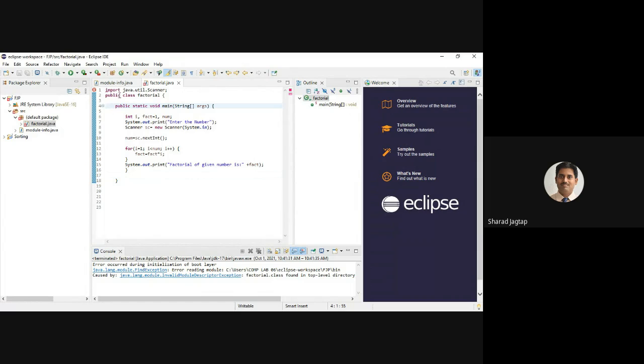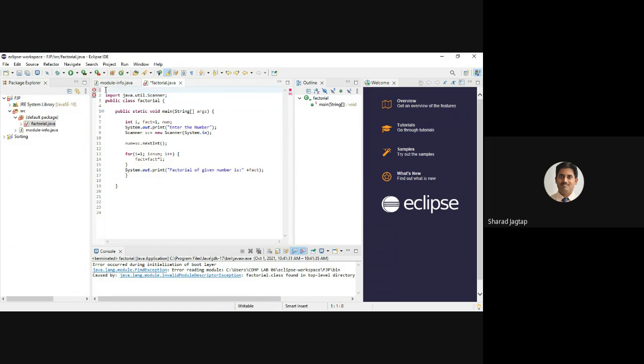So import java.util.Scanner that we have defined. Check whether there is any spelling mistake. No. Okay. Here we can select one package also.